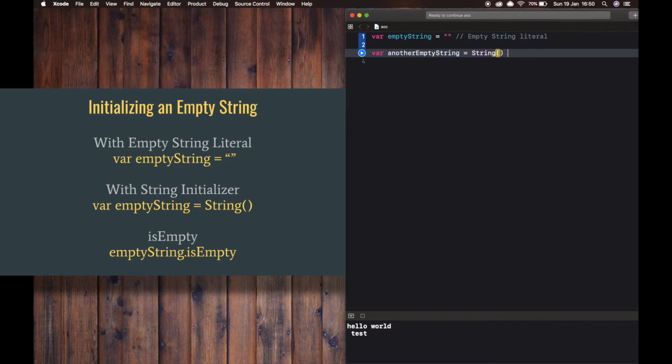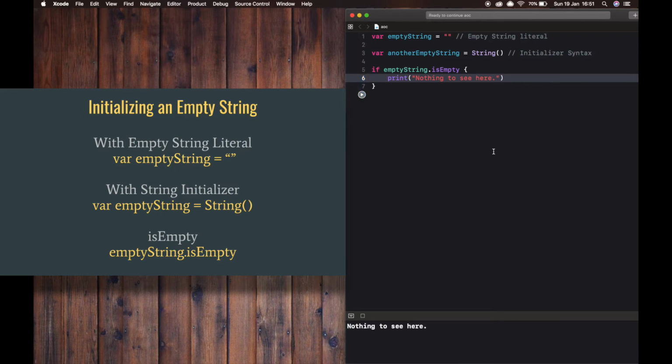The next one is using an initializer syntax. These are the two ways to create an empty string. You can use isEmpty property of a string to check whether a string value is empty or not. This is all about how to create an empty string.